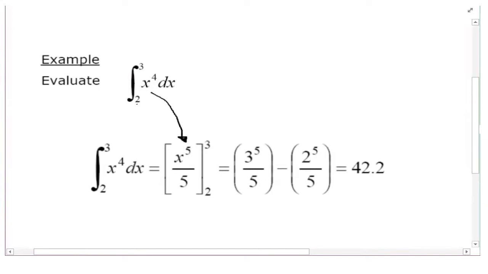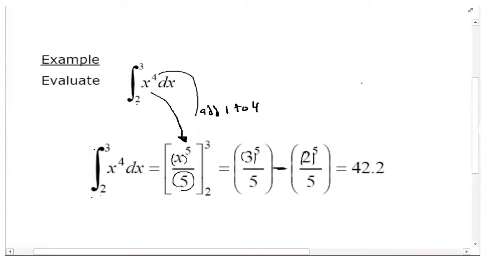You are going to add 1 to the power, 1 to 4, so it's going to be 5. And you are going to divide it by the new power, which is 5. Then the limits of the integration are from 2 to 3. So you are going to plug x first with 3 and then plug x with 2 and find the difference